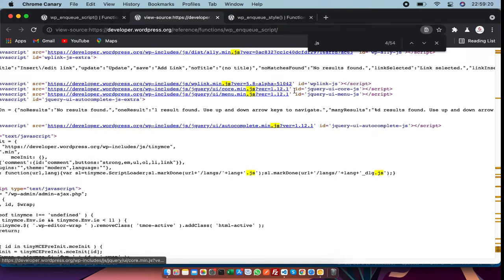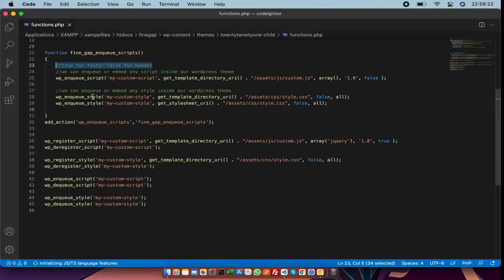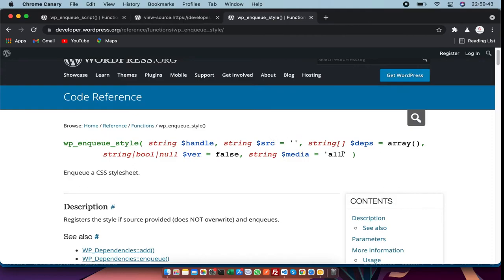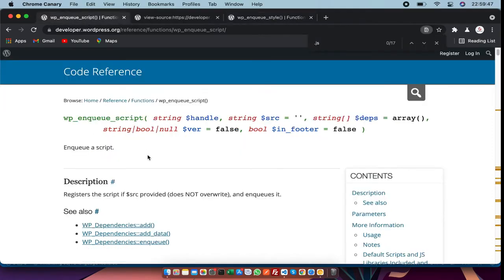On the other side we have wp_enqueue_style. The ID is the same, the calling function is the same, but we have a difference here. What does that mean? If we go to the definition, then we can see it is the media. So what is media?